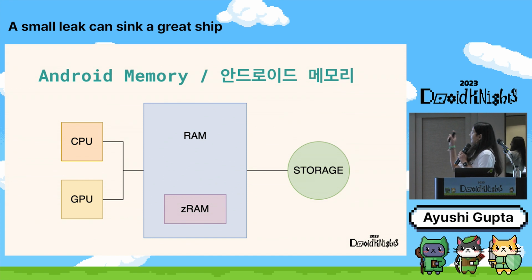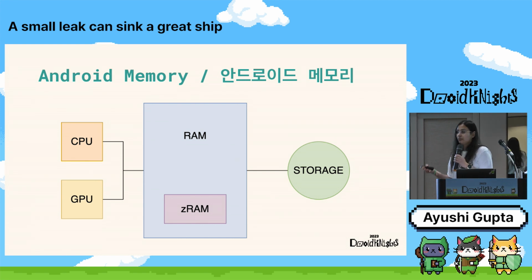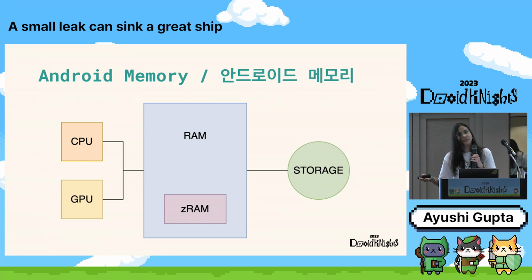Android devices basically contain 3 different types of memory. There is RAM, then there comes ZRAM, and then there comes storage. The CPU and GPU are combinedly using your RAM. RAM is the fastest type of memory that is available, but it's limited in size. So whenever you buy high-end devices, you choose your RAM because it's going to affect your app's performance on your